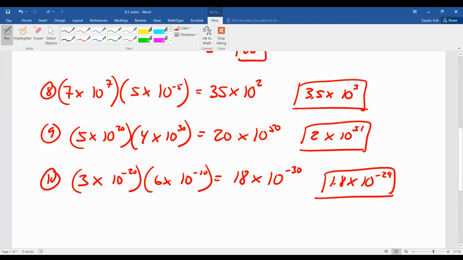There you go. So that's a little short lesson on section 8.3. Okay, little introduction, some notes, and